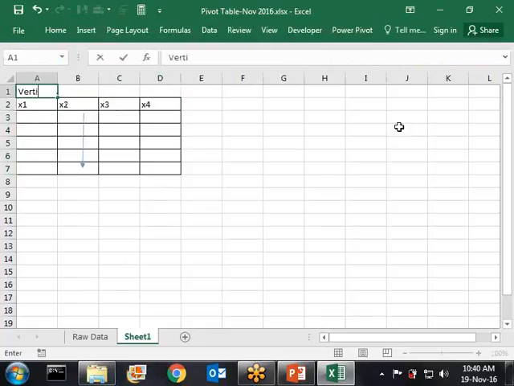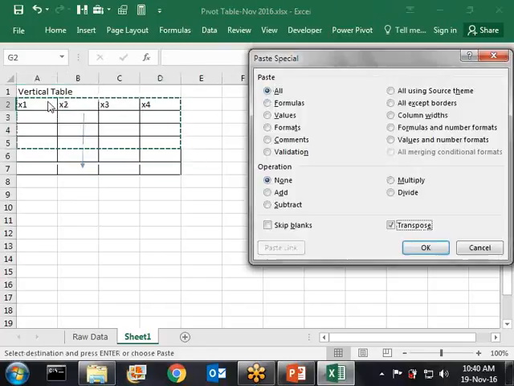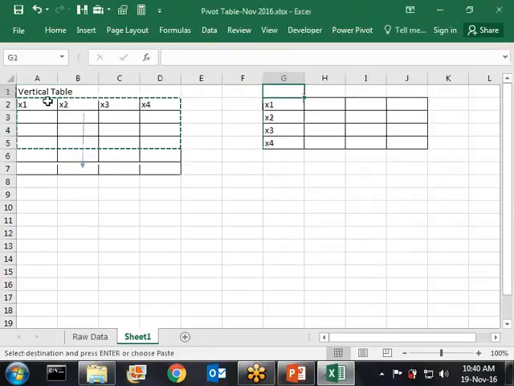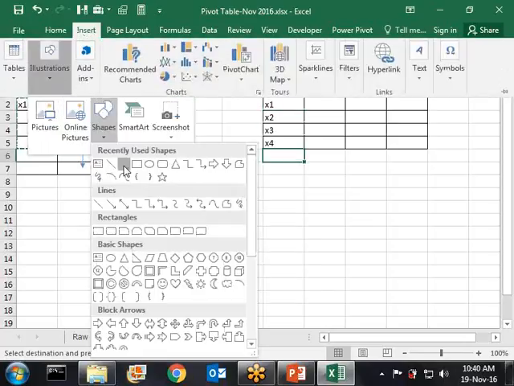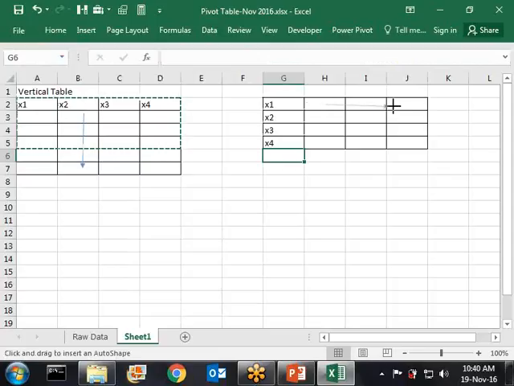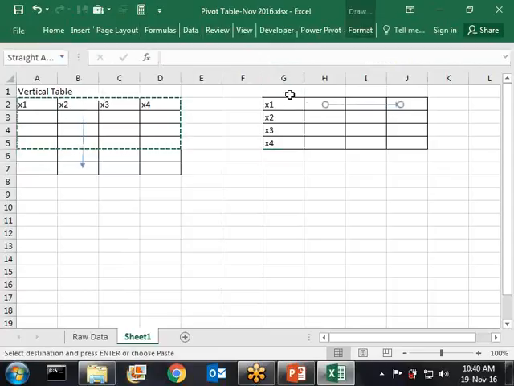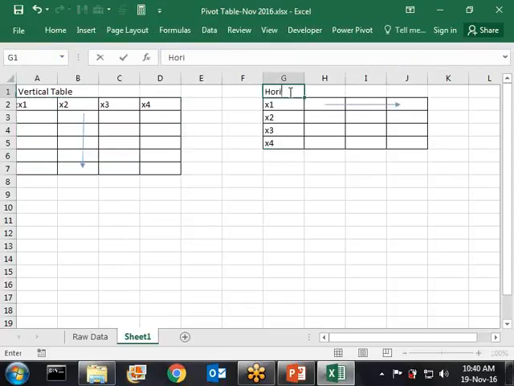This is called a vertical table. Why is it called a vertical table? Because my data flows vertically, top to bottom. Then another kind of table which we can create is one in which my fields or headers are in one column, and I have my data flowing left to right like this. This is called a horizontal table,